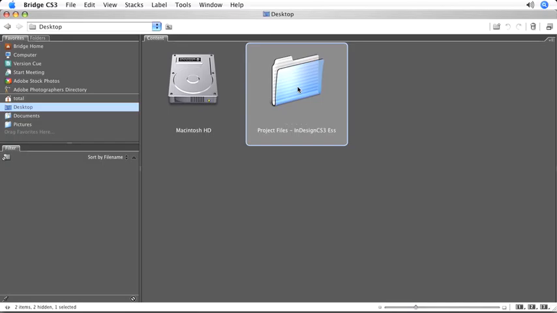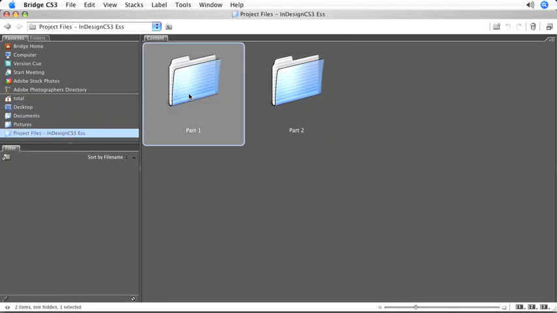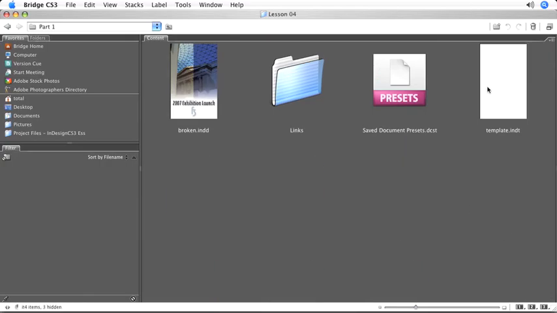So, for example, I'm going to take my project files folder and just click and drag that over here on the left-hand side. See where it says Drag Favorites here? I'm going to make this folder one of my favorites. So I just drag it over here and let go. Now, anytime I want access to my project files within Bridge, they're just a click away. So I'll drill down to Part 1, Lesson 4, and the next file we're going to open is